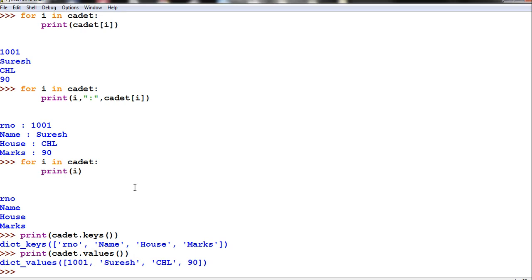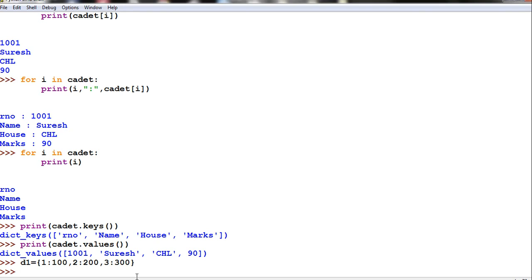Understanding? Now if there are two dictionaries, let me take one example. D1 equal to, suppose I have key 1 as 100, comma, 2 as 200, comma, 3 as 300. I would like to show this example.